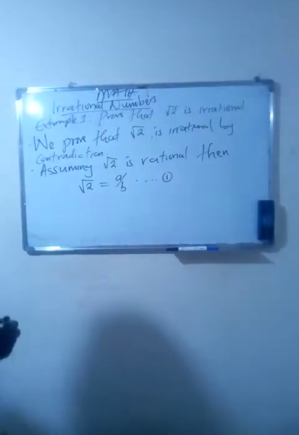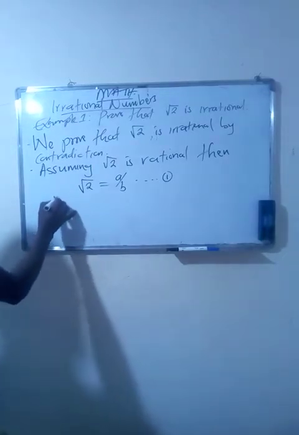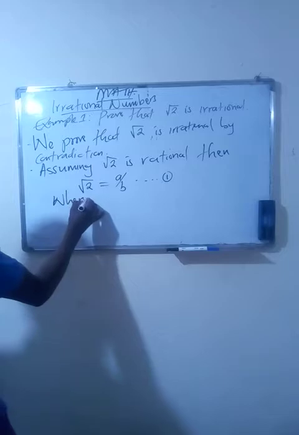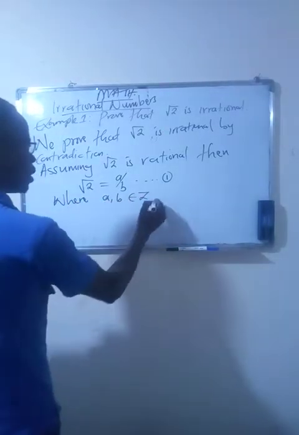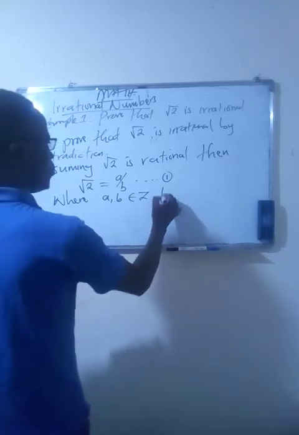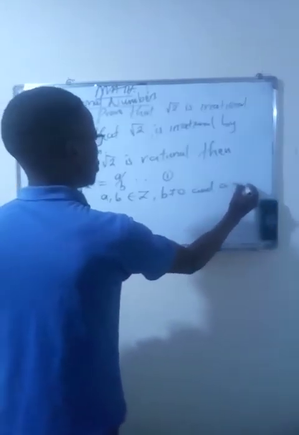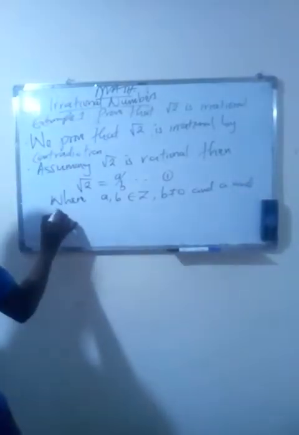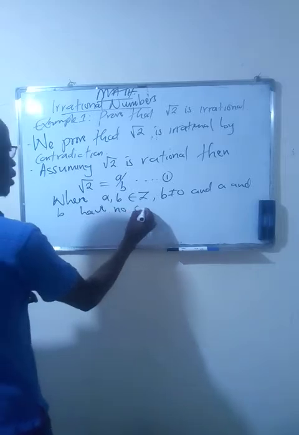Then root of 2 can be written in the form a over b, where a and b are integers, b is not equal to 0, and a and b have no common factor